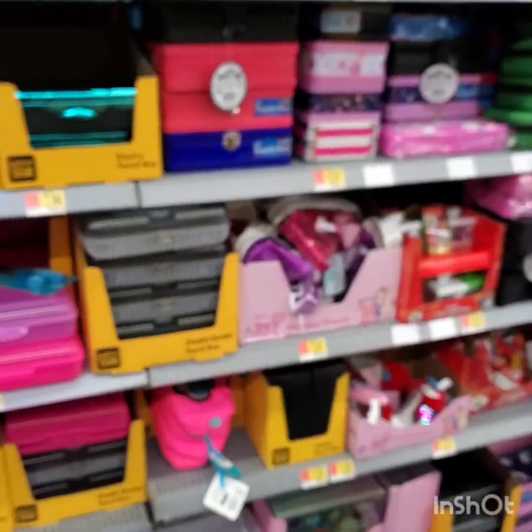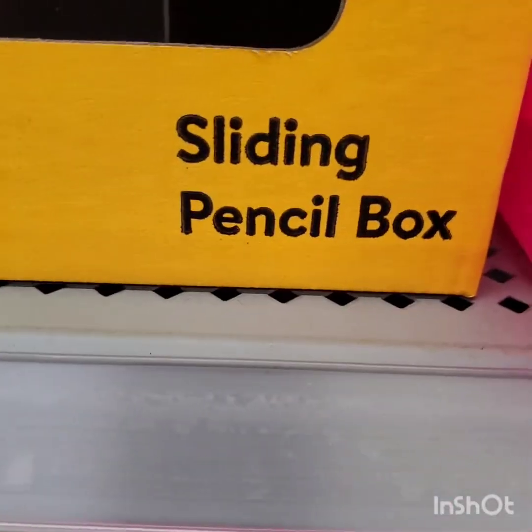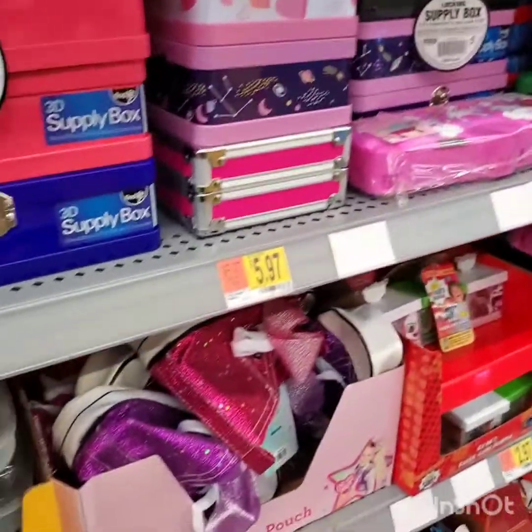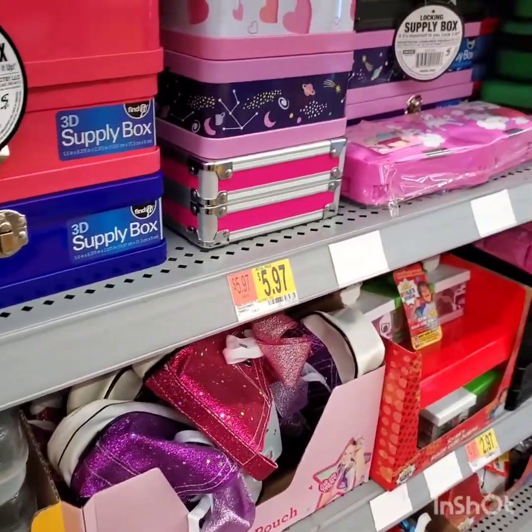So before I tell you the bad boy of the school year, let me tell you what you're gonna need to put it all in terms of your pencils, your erasers, your crayons. You need a good sturdy pencil box, okay? The pencil box that typically I ask the students, now parents,